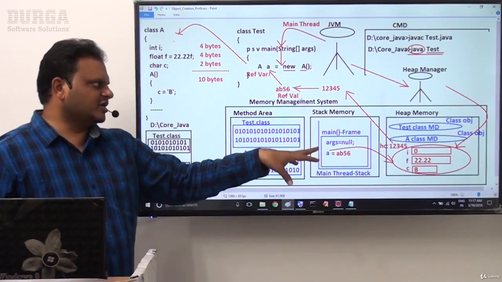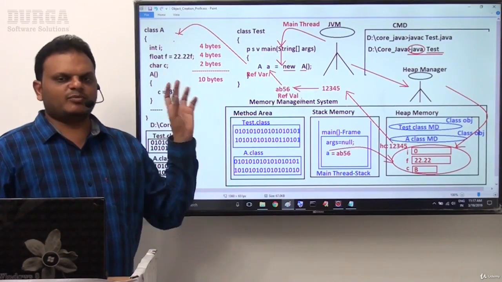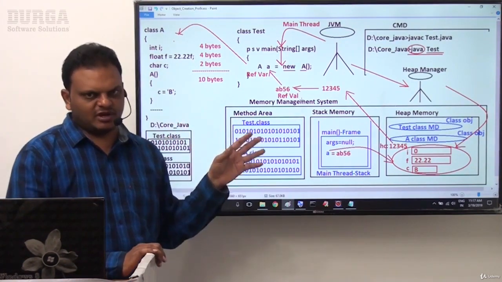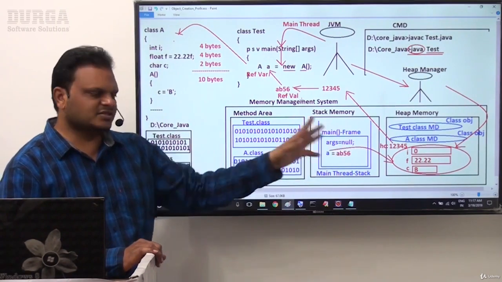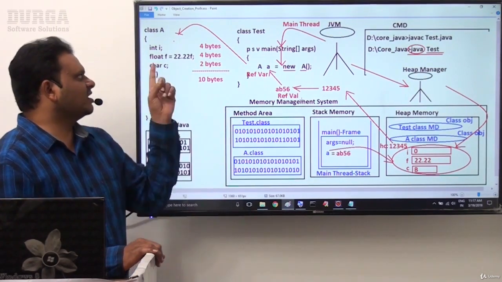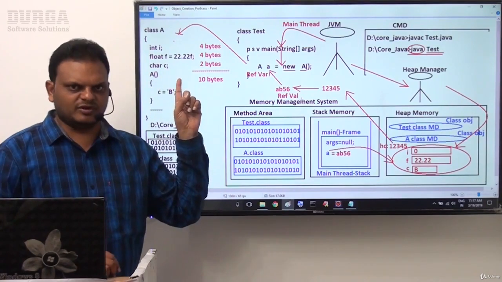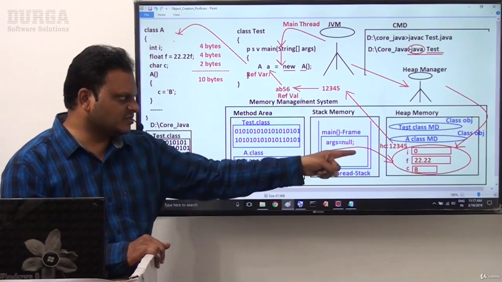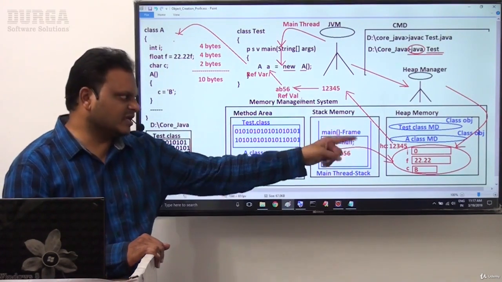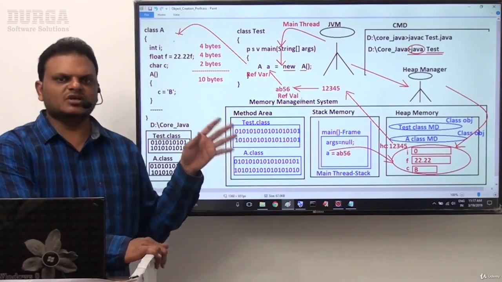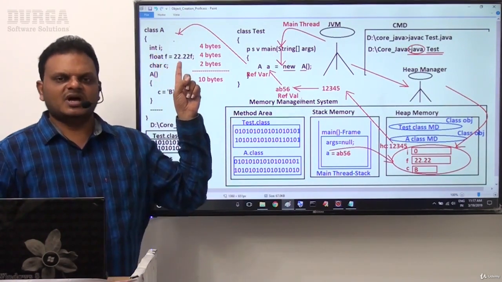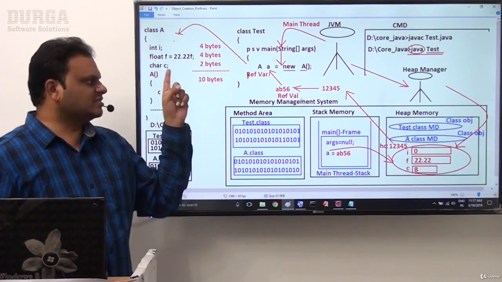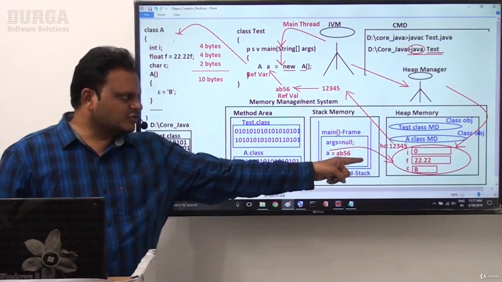After creating the object and providing identities, providing initial values inside the object is required. To provide initial values inside the object, first of all the instance variables will have memory allocation inside the object. Then the JVM will come to class A, recognize all the instance variables and their data types. On the basis of the data types, memory will be allocated for the instance variables inside the respective object. When memory allocation is completed, to provide initial values, first the JVM will come to the class level declaration and check if any variable has initialization or not. If any variable has initialization at class level, that value will be stored inside the object.